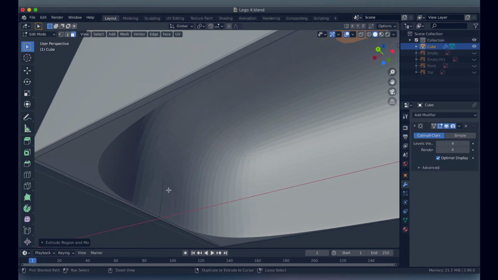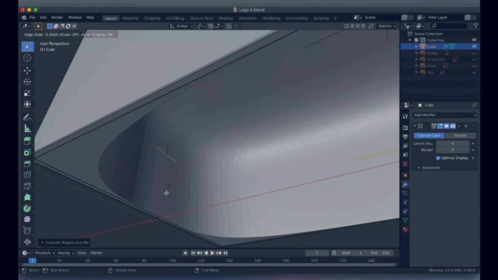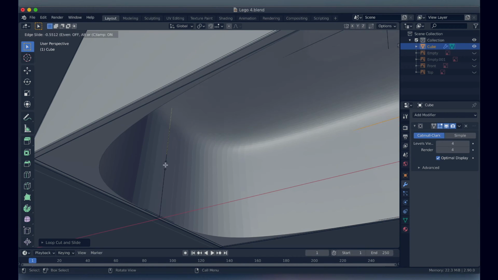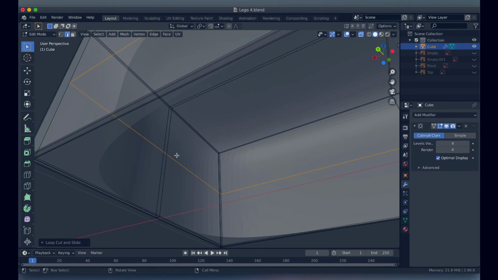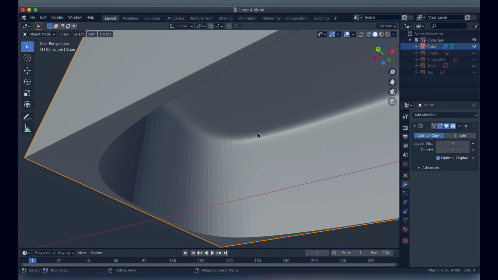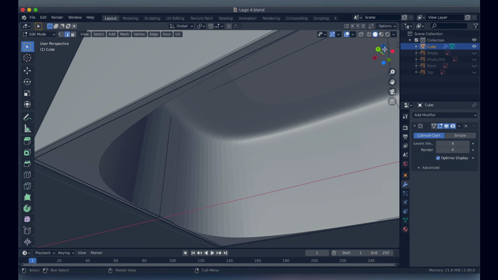Right, so Command R or Control R, do that. Okay, Command R, go to the top. Okay, hang on, I'm going to need to go into X-ray mode. Okay, GG, because the edge loop's already created. Go to the top there. Alright, and then the last thing, well, not the last thing, but